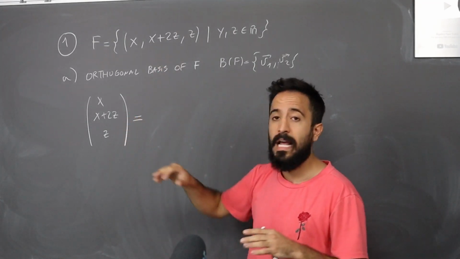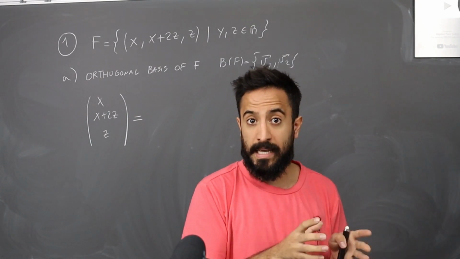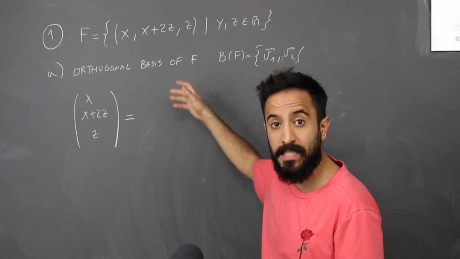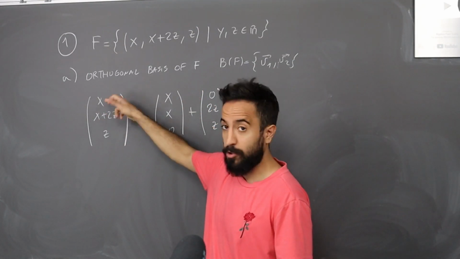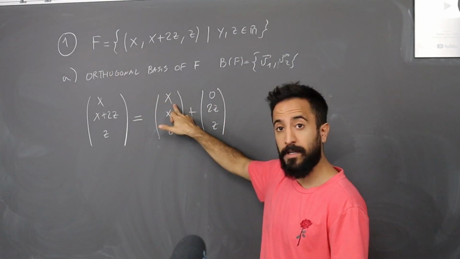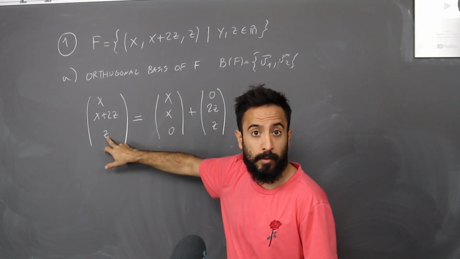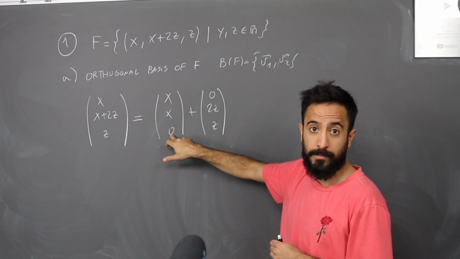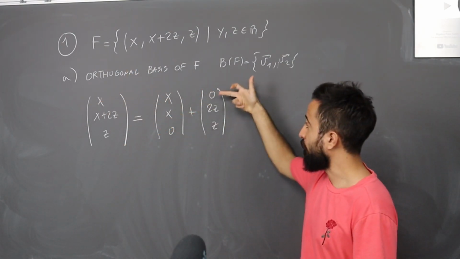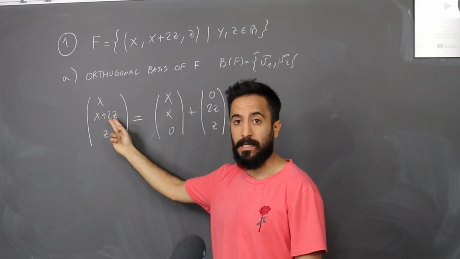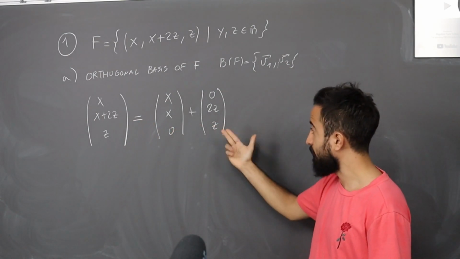So, we take this vector and we want to express it as the sum of 2 vectors. In one, we want to put whatever has x, and in the other one, whatever has zeta. So, in the first vector, we get x, x, 0, because we're following these components. Look, x, right here. In the middle component, I have an x, I put it right here. And in the third component, I have no x, so I put 0. In the same way, with zeta. So, in the first component, I have no zeta, I put 0. In the second component, I have 2 zeta, so 2 zeta here. And in the third component, I have zeta, so zeta right here.